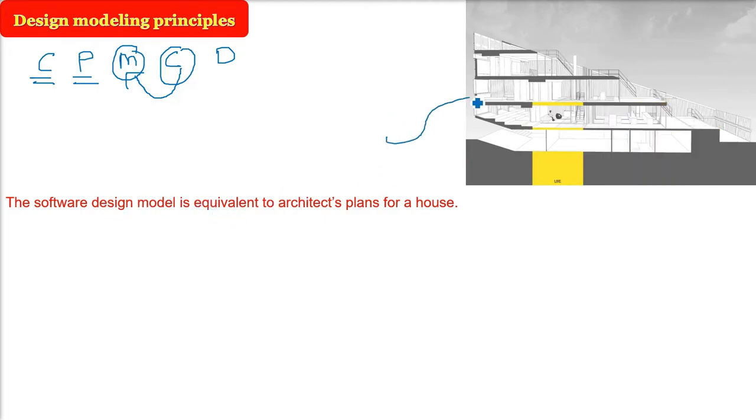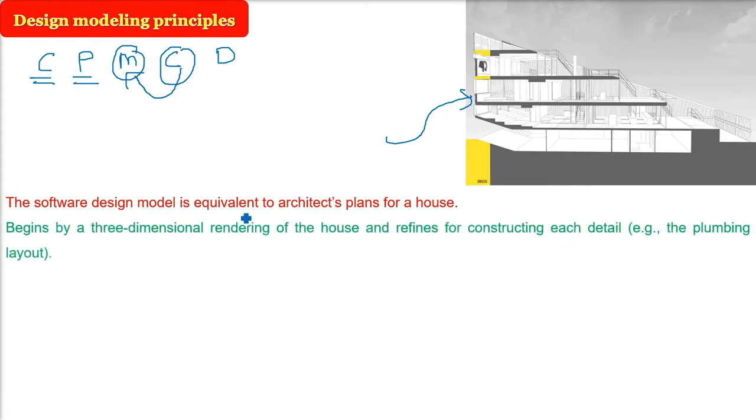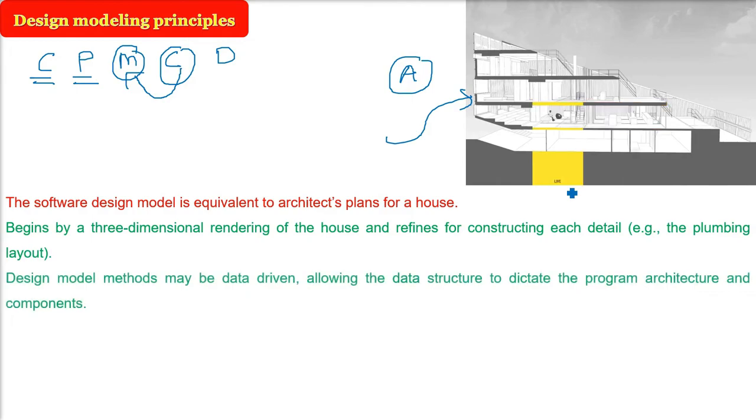So basically software design, if you want to equate it, say some architect is making your house. The architect's plan for your house is the software design model for your software. He will make a 3D rendering. An architect will give you a 3-dimensional view of your house. First he makes a 3-dimensional actual view, then he is going to refine it. Where will be the parking? Where will be the plumbing layout? Where will the electricity be put? All these will be the refinement. So this is the software design model, which you can relate to the architect's plan.